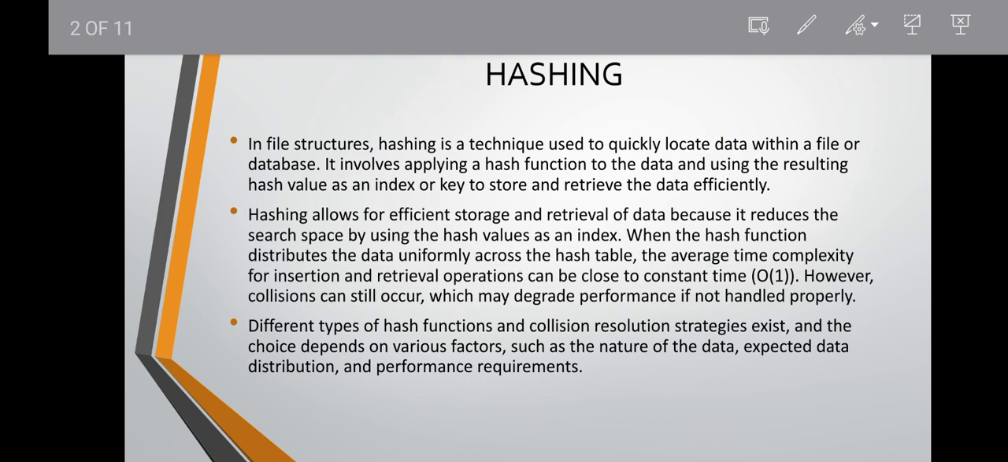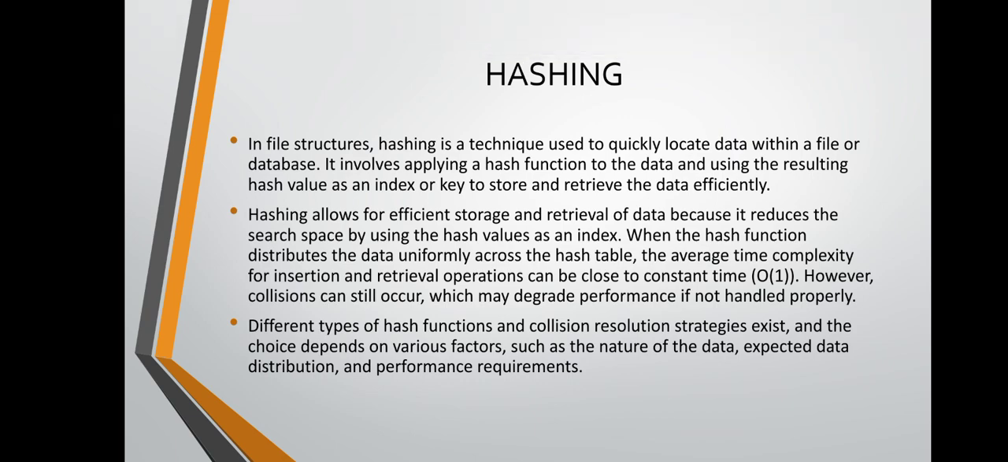Hashing. In file structure, hashing is a technique used to quickly locate data within a file or database. It involves applying a hash function to the data and using the resulting hash value as an index or a key to store and retrieve the data efficiently. Hashing allows for efficient storage and retrieval of data because it reduces the search space by using the hash values